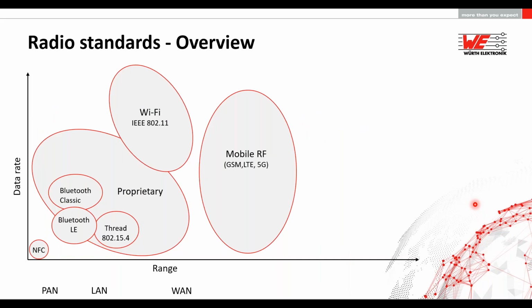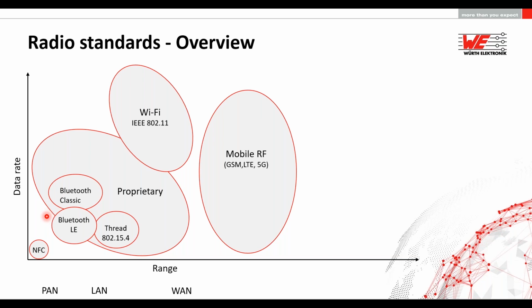Now coming to the overview of radio standards. We have a lot of standards, and here is a small visualization of where these standards stack up in terms of range and data rate. For our application, we are dealing in this region. I hope you can see my pointer in this region where we have low to medium range, but really low data rate applications, which in turn means that these are low power applications. So let us say Bluetooth Low Energy, Proprietary, Thread, Zigbee, and so on. These are the protocols which can be considered for our remote control application, which I presented a few slides ago.